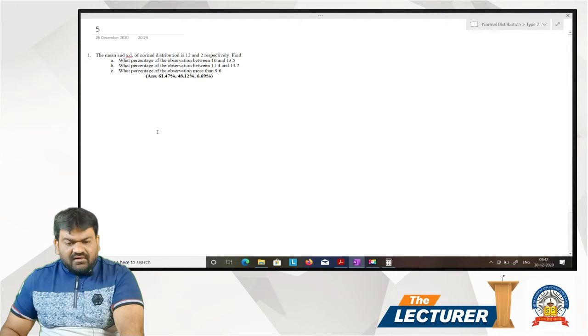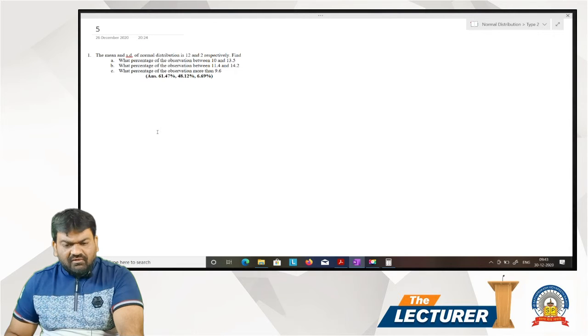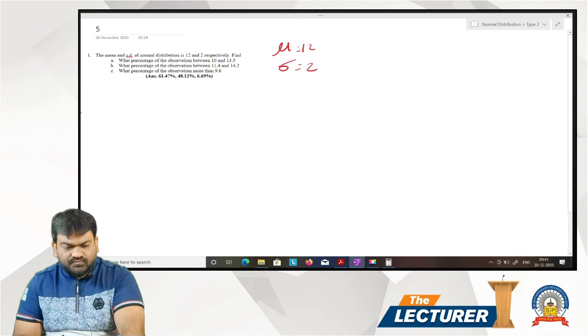The mean and standard deviation of a normal distribution is 12 and 2 respectively. Find what percentage of observations are between 10 to 13.5, between 11.4 to 14.2, and more than 9.6. Here mu, mean is 12, standard deviation 2. We have to find out the percentage in each case. So first of all we have to find out the probability. First, between